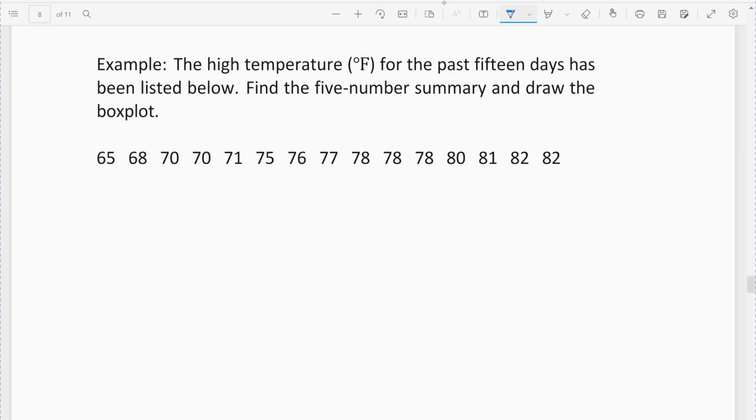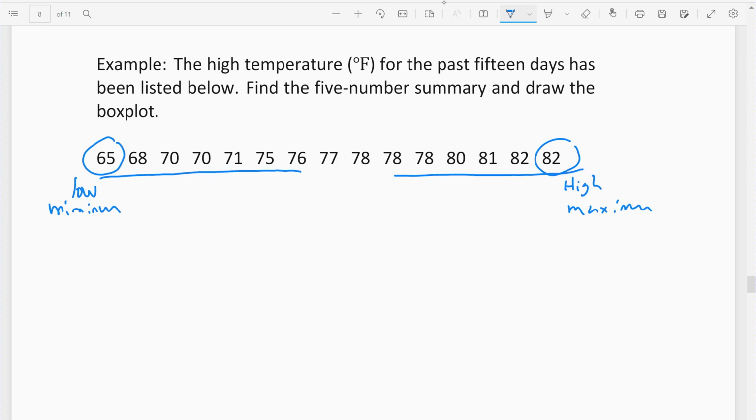Alright, so here's my set. If you look at it, it is already organized in order from low to high. Alright, this would be my low number. This would be my high number. So this would be the minimum. This would be the maximum. That's the easiest number to find. Then this is 2, 3, 4, 5, 6, 7, 8, 9, 10, 11, 12, 13, 14, 15. So it's an odd set, so there should be one number in the middle. It's 15, which means you take away 1 and it's 14, so 7 on each side. So you go 7 in on both sides. And then this is the median,